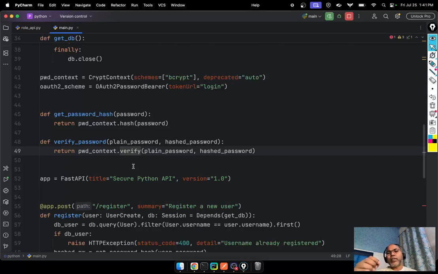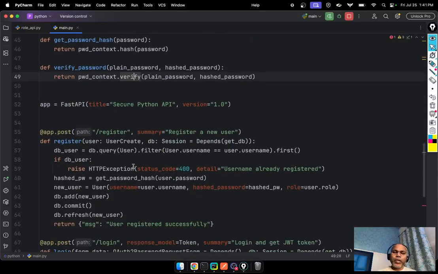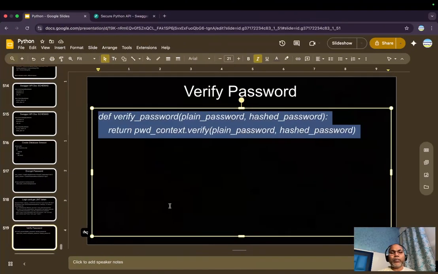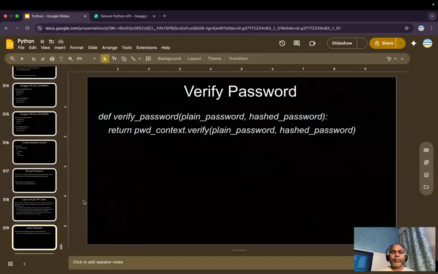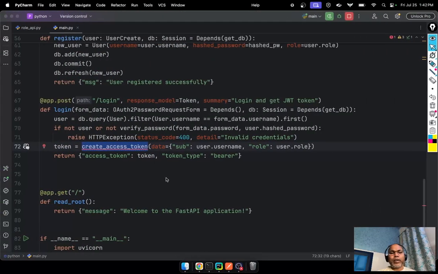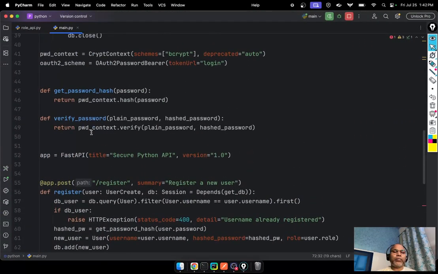if this is right, then we generate a JWT token. Hey, this is a token. From this token, you can access further APIs. Then we have to write one more method that can create an access token. So this is a simple method that helps us to create one